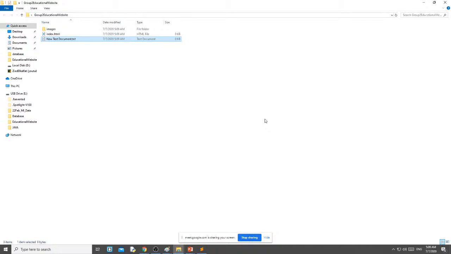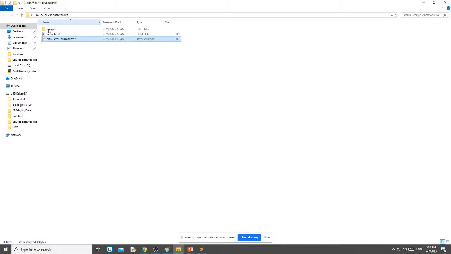Remember, if your project does not have an index.html page, you cannot deploy the project on the server. Because while you are deploying the project on the server, it will search for the index.html page. If your project doesn't have that page, it will fail to deploy or fail to upload. That's why, whatever project you are creating, it must have one index.html page.